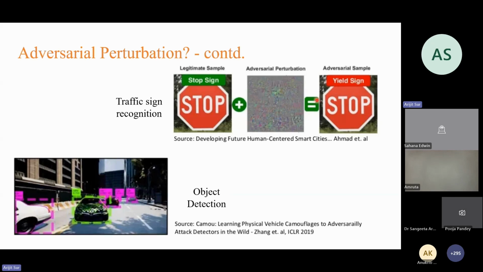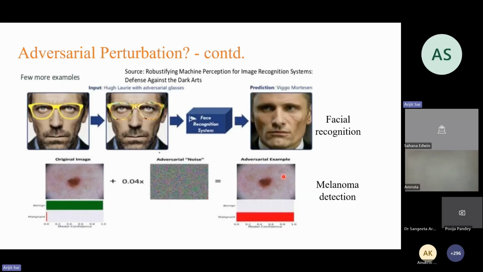So these are the basic examples. I think you understand the basic idea of what adversarial perturbation is. And here is another example, and we can say this is a very important example because we have surveillance video or surveillance images with a face recognition system. You can see we put some noise in this spectacle,